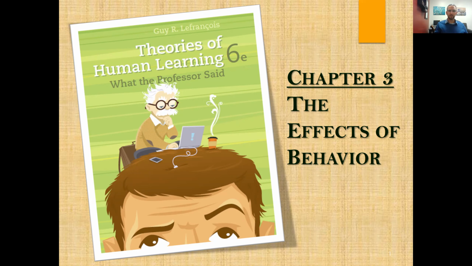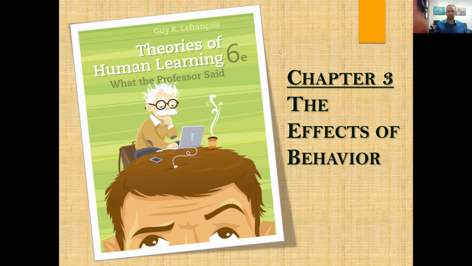And in chapters 3 and 4, we're going to talk about how the way we behave changes our environment. So the way we interact with people makes them interact with us differently. And then the way they interact with us leads us to interact with them differently. And so there's an ongoing cycle that we have an effect on the environment around us. So that's what this chapter is going to start dealing with. What are the effects of our behavior?